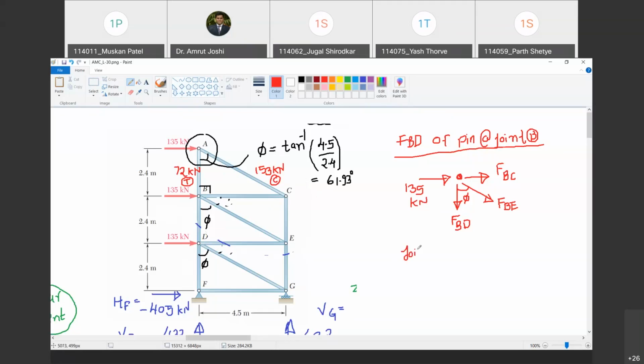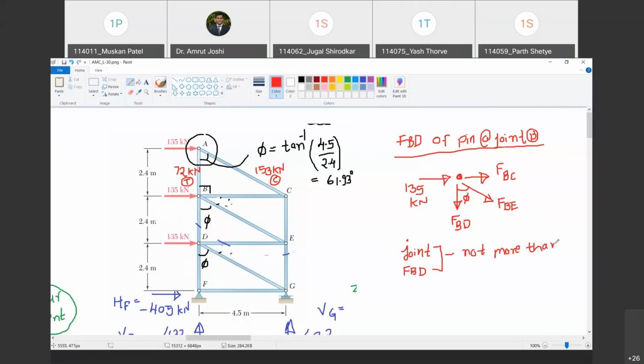So I will write down the strategy here. Of course, this free body diagram is not the best. Once we get force in one of these members, then only 2 unknowns will remain and we will be able to solve for the other 2. But right now we cannot do it. Do you agree with me? So how do you select the joint of which free body diagram is to be drawn? There should be 2 unknowns, not more than 2 unknowns. Are you with me? Yes. Not more than.